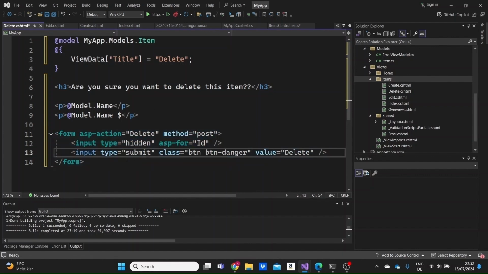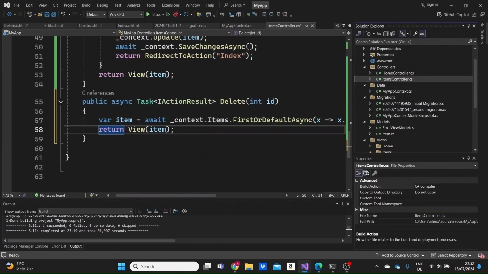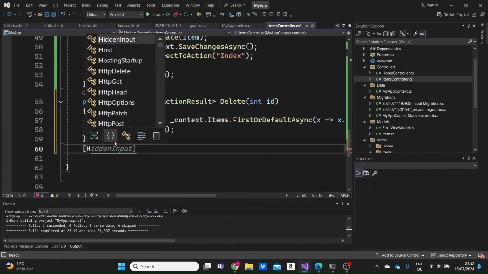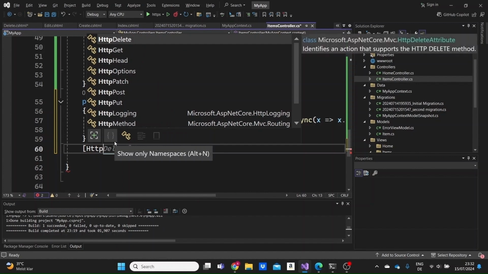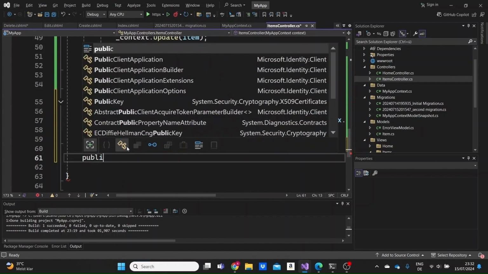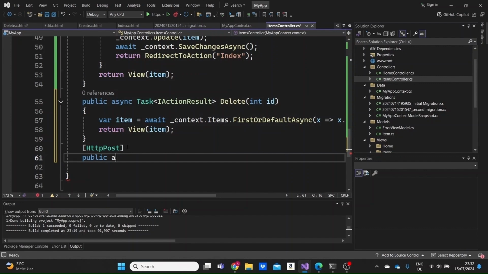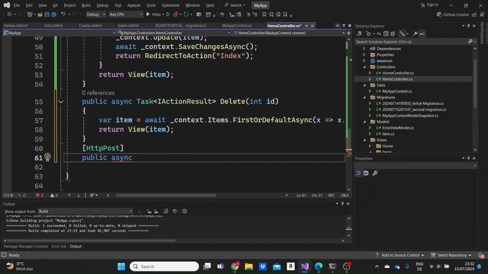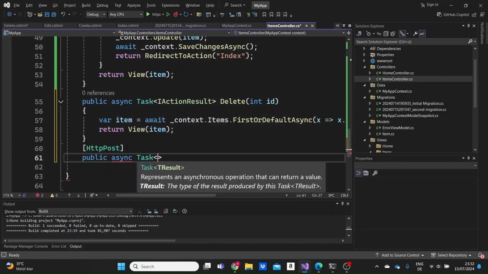Now, when the user clicks on this input time and submits the form, he will be redirected to the delete post action method that we will create right now. Set the data annotation of the method to be HTTP post, and the method will be public. It will be an asynchronous method to return a task of